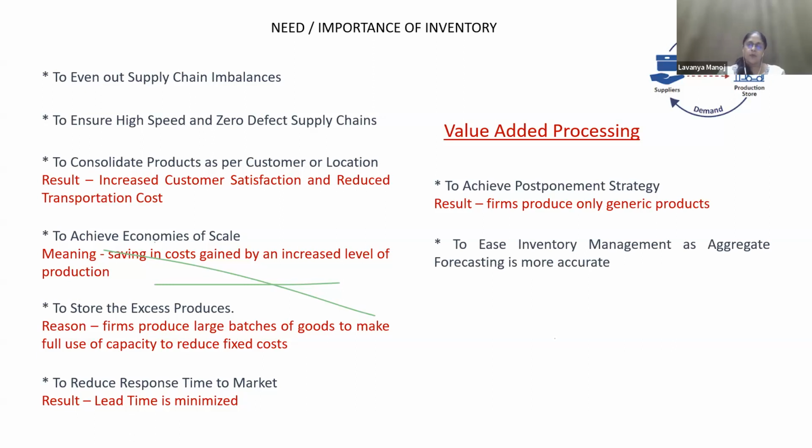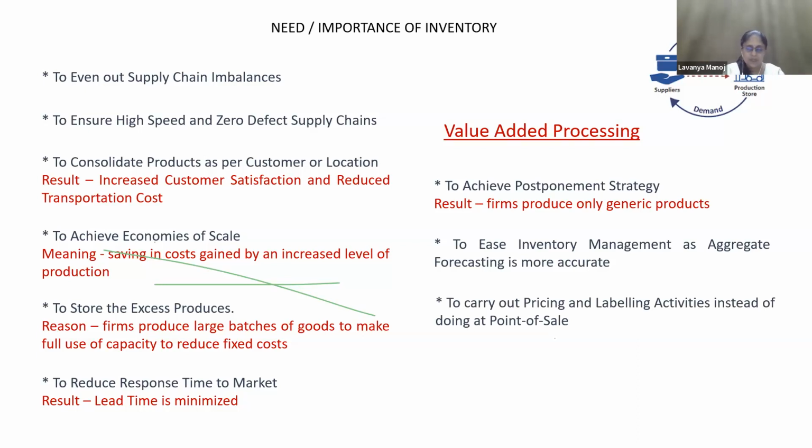There is a formula for this, called the economic order quantity: how much order you need for a particular period of time. We will see that in the forthcoming session. So to keep it more accurate, we need inventory. To carry out pricing, labeling, packing, packaging, all these things are done either in the warehouse or at the point of sale. Sometimes it cannot be done at the point of sale.